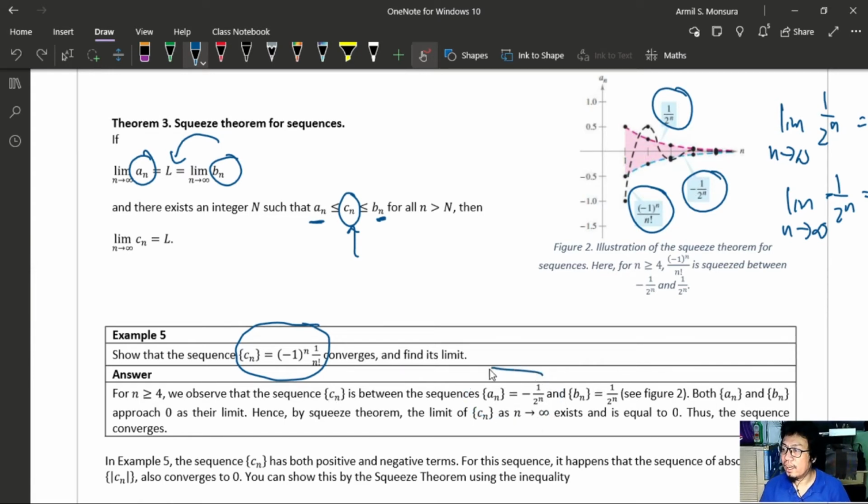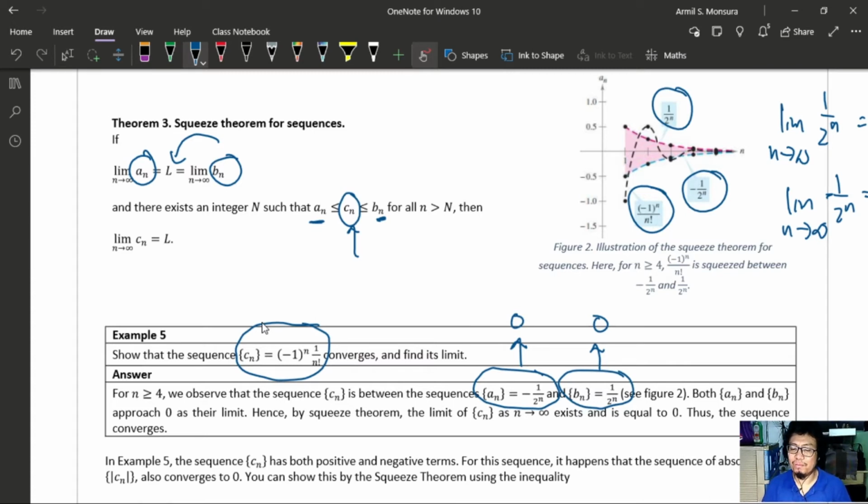This sequence is your AN and this sequence is your BN, which we know both approach 0. So remember, when you are applying the squeeze theorem, you find sequences that approach the same limit, and one is less than and one is greater than the sequence under test. This may not be a very easy task for you,